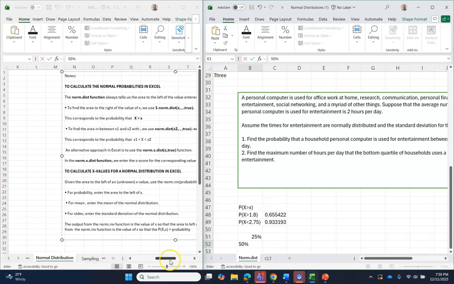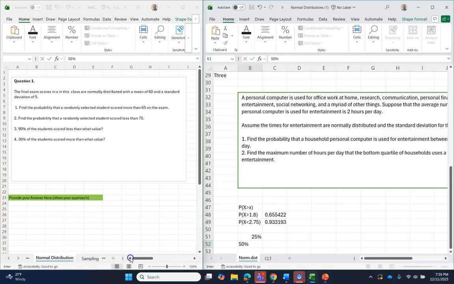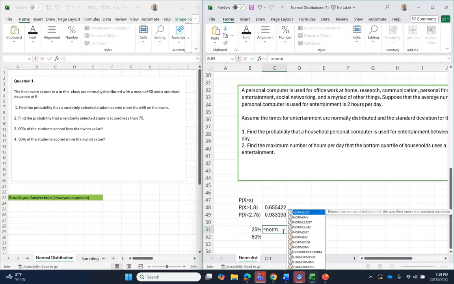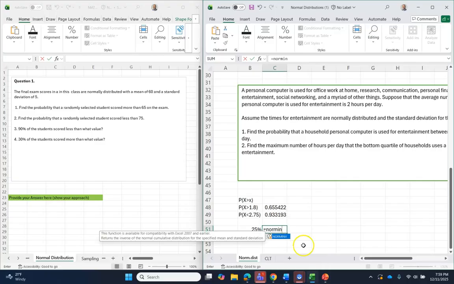I'm just creating those values, which will look like what you guys have here. So it will be greater than 25 and less than 50. So I'll use Excel function, just put equal sign and type norm inverse. So I'll just use norm inverse,